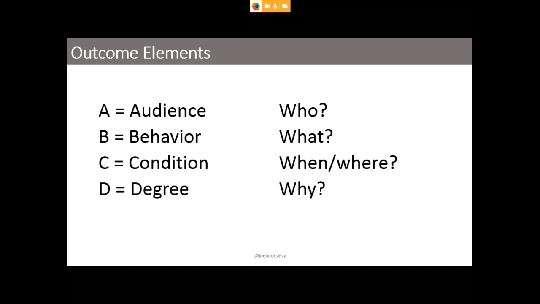So what is the learning? What is the knowledge, skill, or behavior that you're expecting to see? When and where are you expecting to see it? Is this supposed to happen as a result of a certain thing, or at the end of the program, or the middle of the program? And then the why piece: why would a student be demonstrating this knowledge? Well, it's as a result of completing this class, or completing this program, or hitting this milestone in their academic journey.